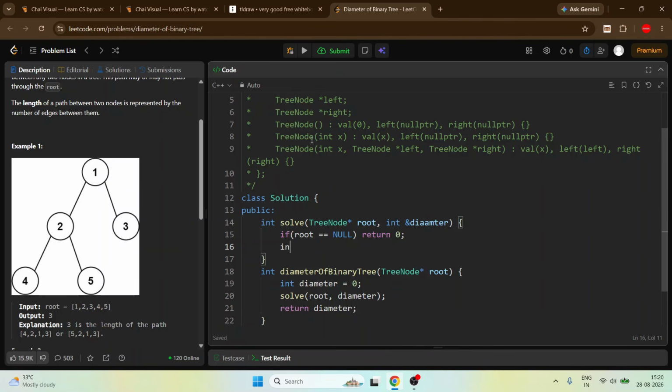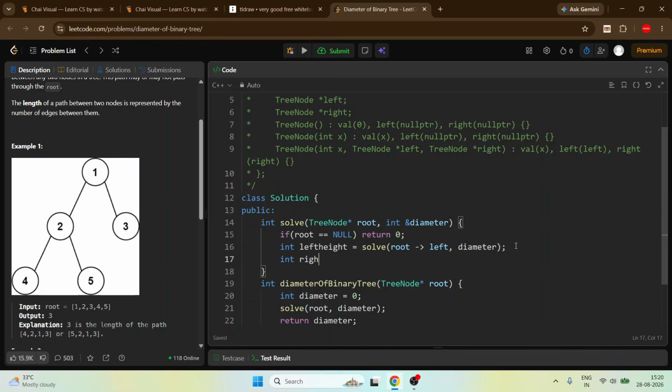Take left height: it will go to the left part, root left, and the diameter. Let me copy this, I don't want a spelling mistake. Then again go to the right part.